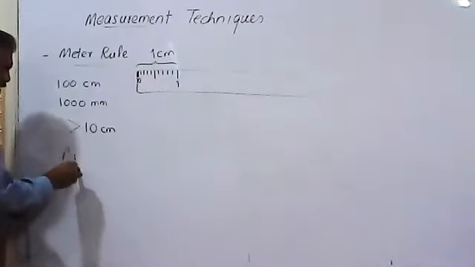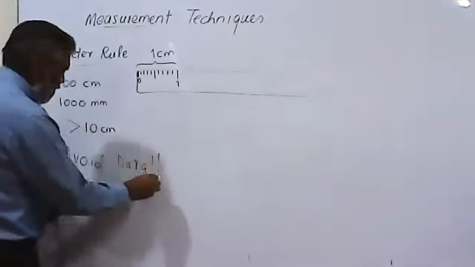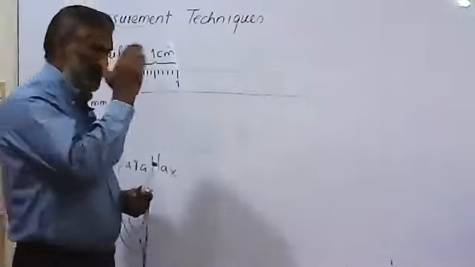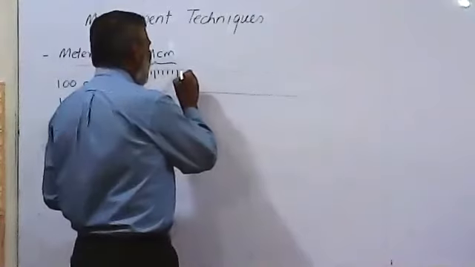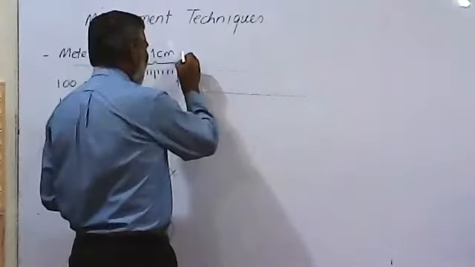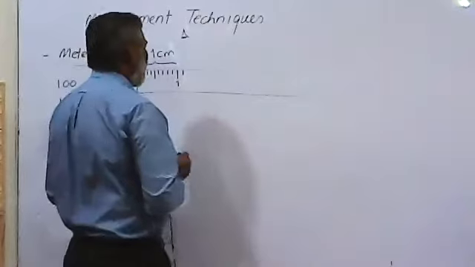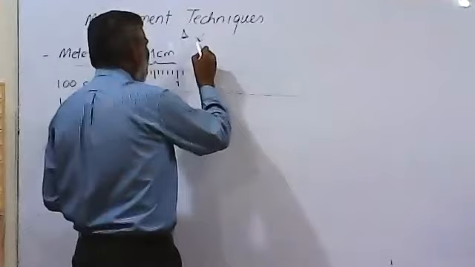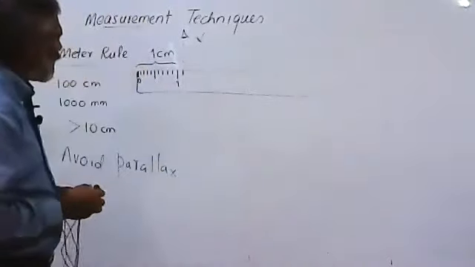Parallax is avoided by keeping our eye straight to the level of the reading. If I'm taking a reading, let's say on this division, I will keep the eye exactly here. Because if I keep our eye here, most probably we read this reading. So keeping an eye exactly